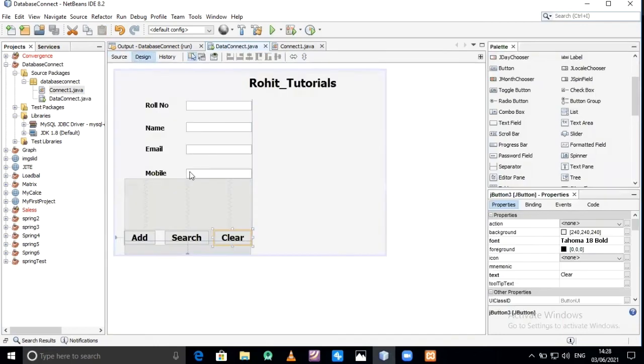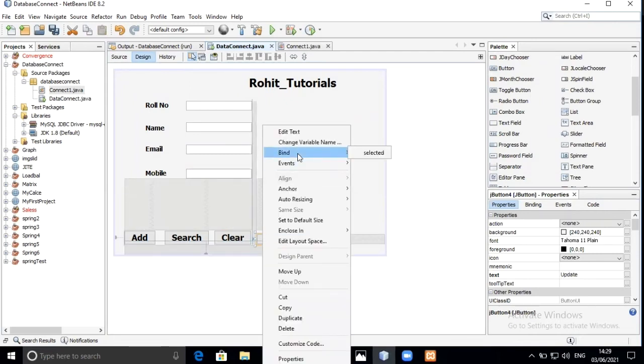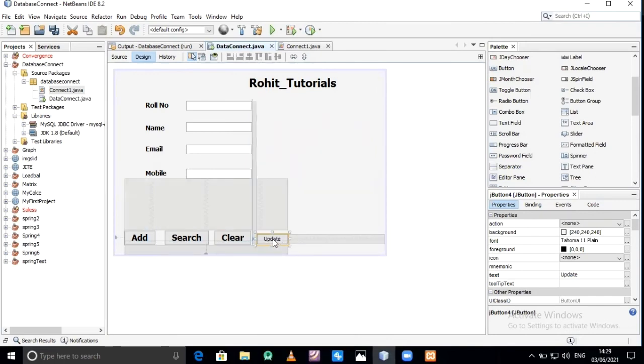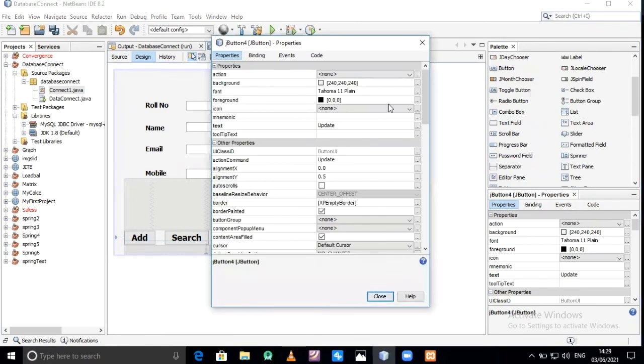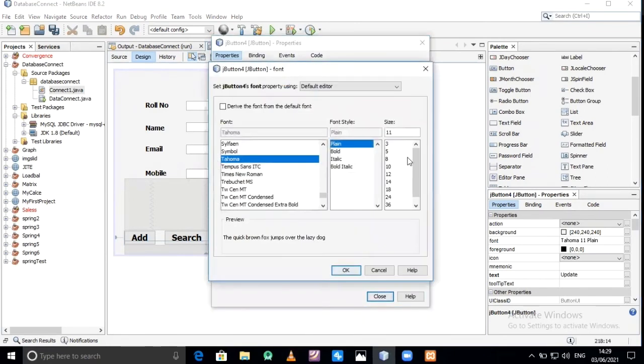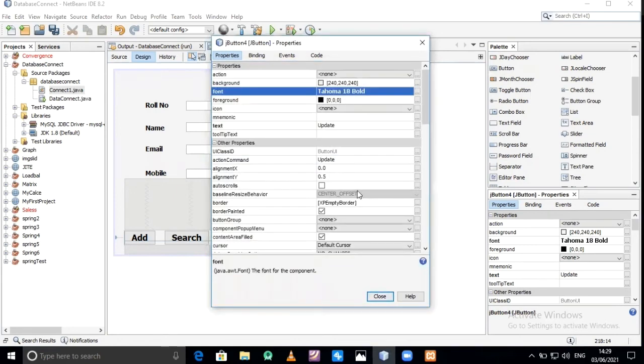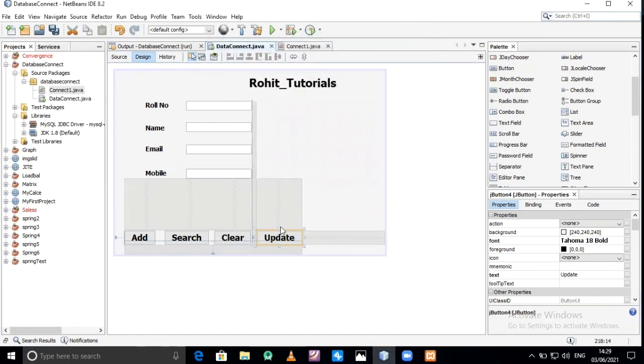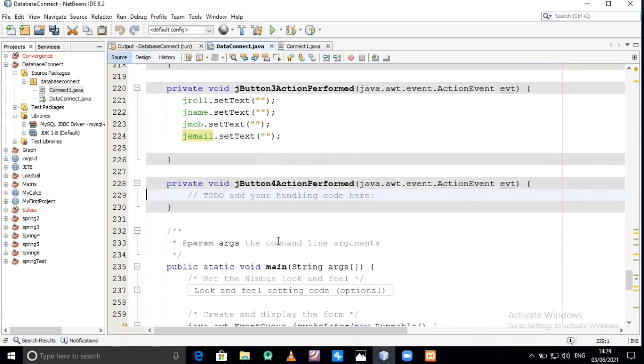Now go to the fourth operation. Properties, bold, close. Double click on this.